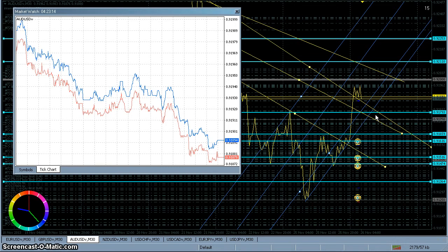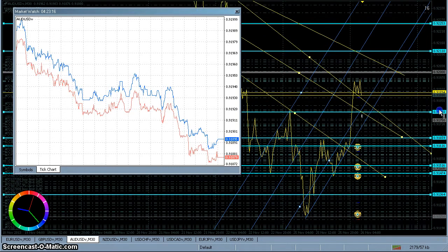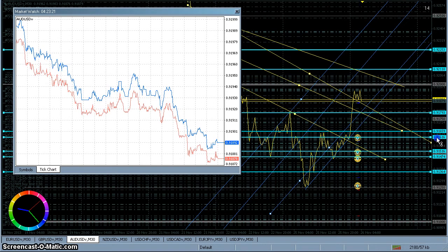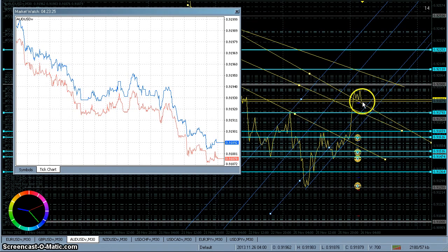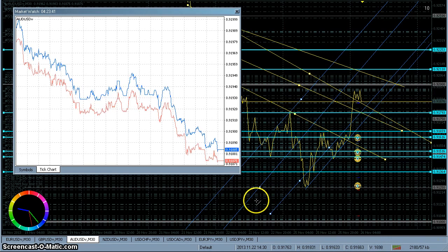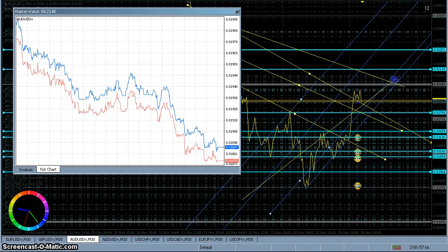In about 5 minutes, about 6 minutes, I'll definitely be buying one at the market, just because I want to be long, and I'm just going to pull the trigger on every pullback. And if it can close lower than this other one, and just come back into this channel, find a pivot, if it's landing on that pivot, I'm just going to pull the trigger at the market in about 5 minutes. But it would have to come back to something that makes sense, like this line here,